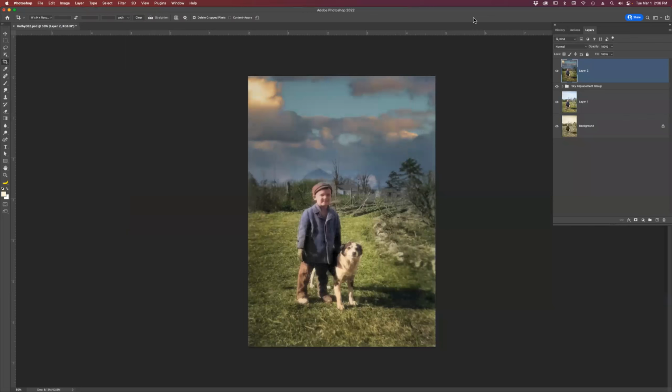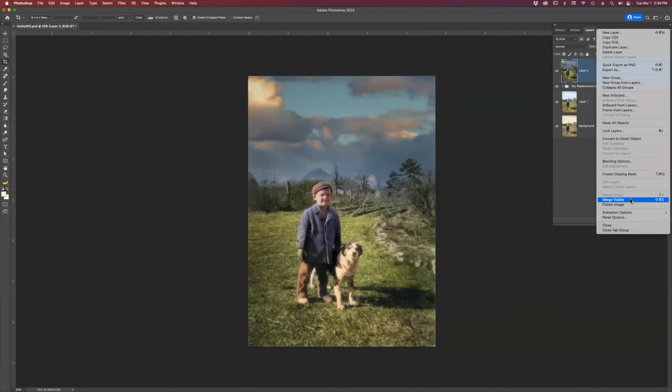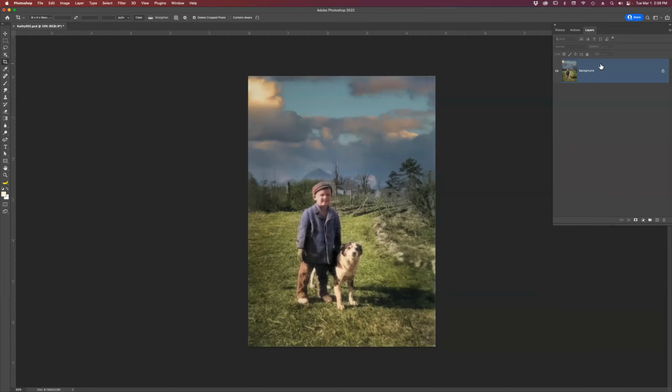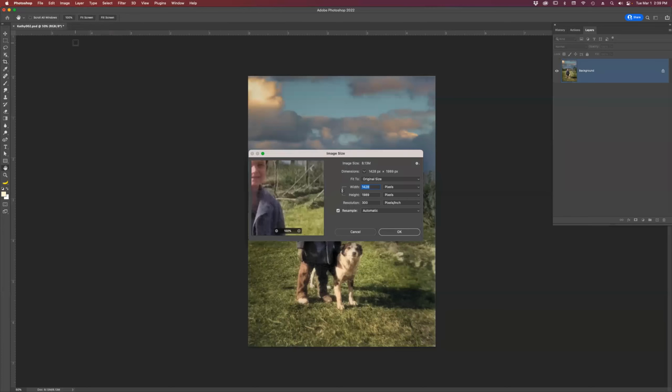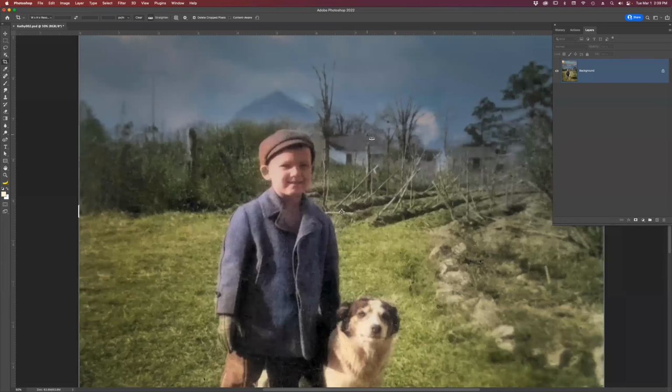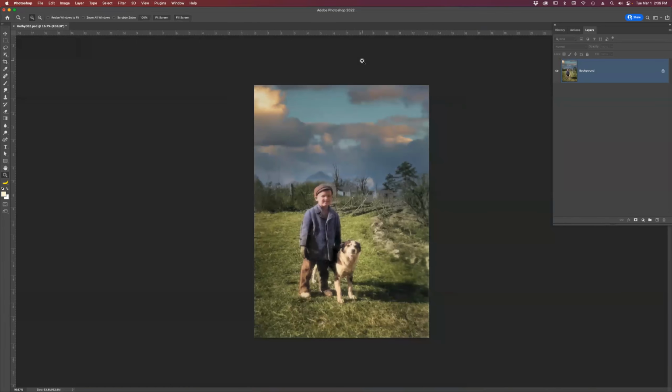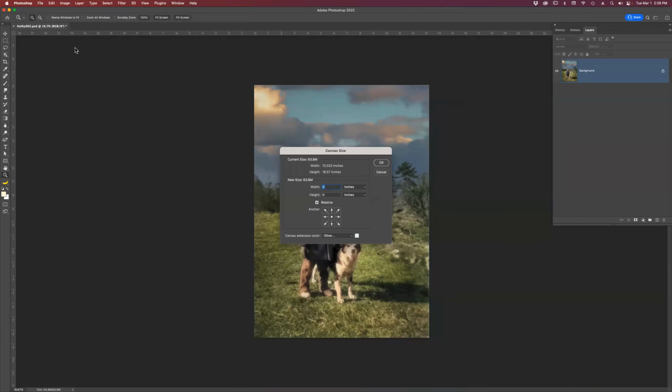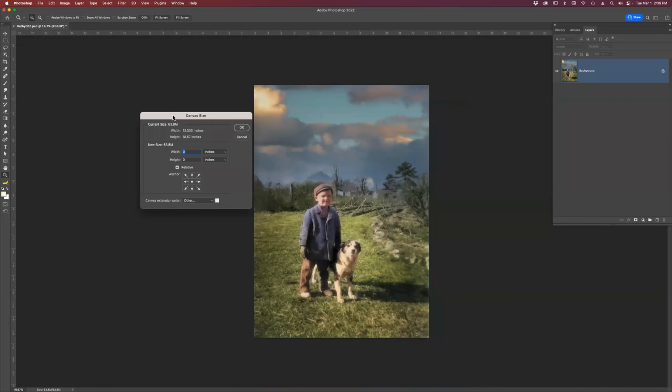Well, now that we have this nice pretty picture, we have to enter it in print comp, so we've got to do something with it. So let's go to, I'm going to flatten it first. Image, Flatten. Let's go to Image Size. I'm going to make it 4,000 pixels because that's what you need for print comp, right? And I'm going to show you a mistake I made. We're at 4,000 pixels. Let's go ahead and go to Image, Canvas Size, and I'm going to add,